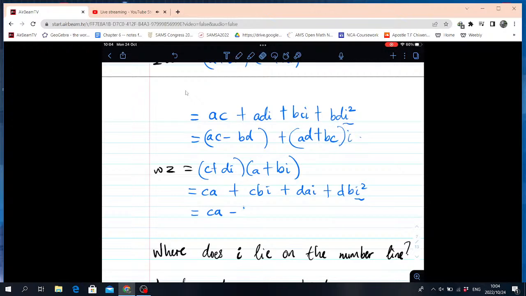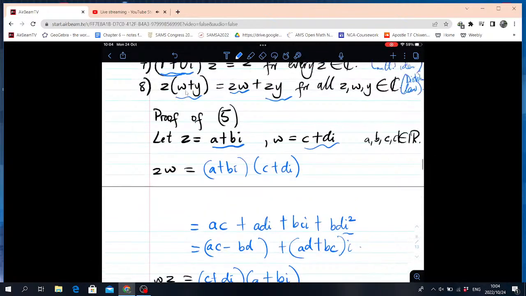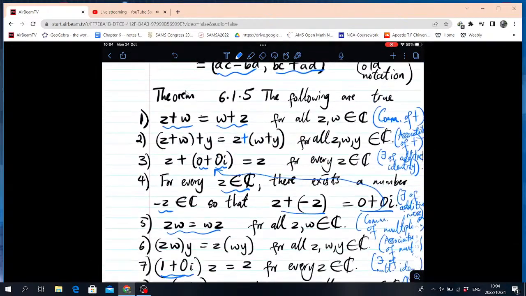Sorry, I want to say DB plus CB plus DA times i, right? But this, if we look at property number,